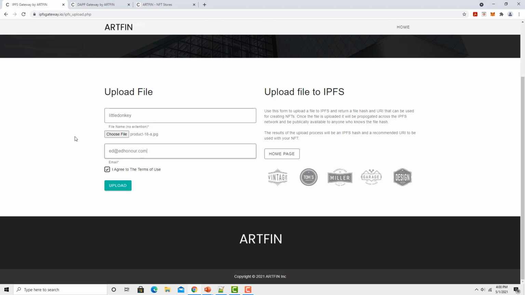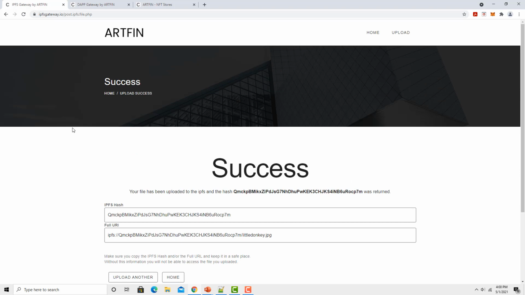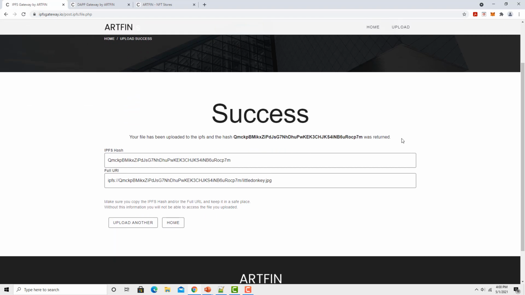This is just so that you can't do this with robots, because we're going to send an email for every time we upload. I agree to the terms of service. I hit upload, and I have success. So now I have a new hash. I have two other things. I have an IPFS hash, and I have the full URI that I would use if I'm creating